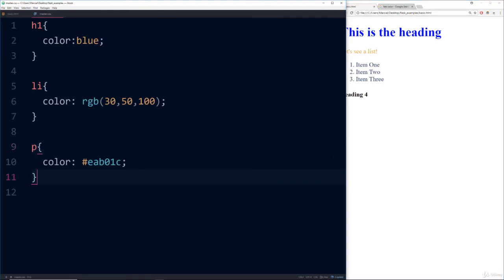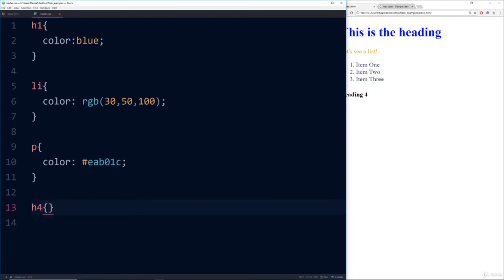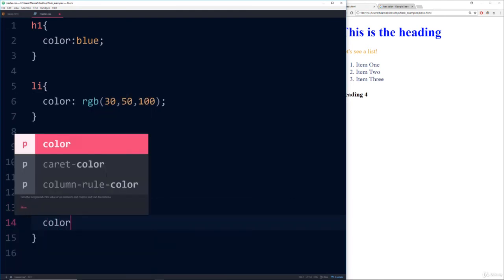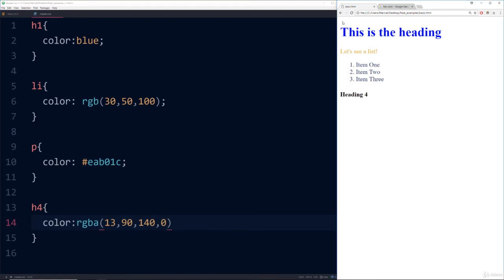Okay, and finally, the last way we can affect color, let's do it on H4, that last heading there. I'll say color, colon, and then I can also use an RGBA value. And basically what this allows you to do is add a fourth value instead of just red, green, blue, a fourth value of transparency. So that's what alpha stands for. So maybe I'll do like 13, 90, 140. And if I just choose 0 here,